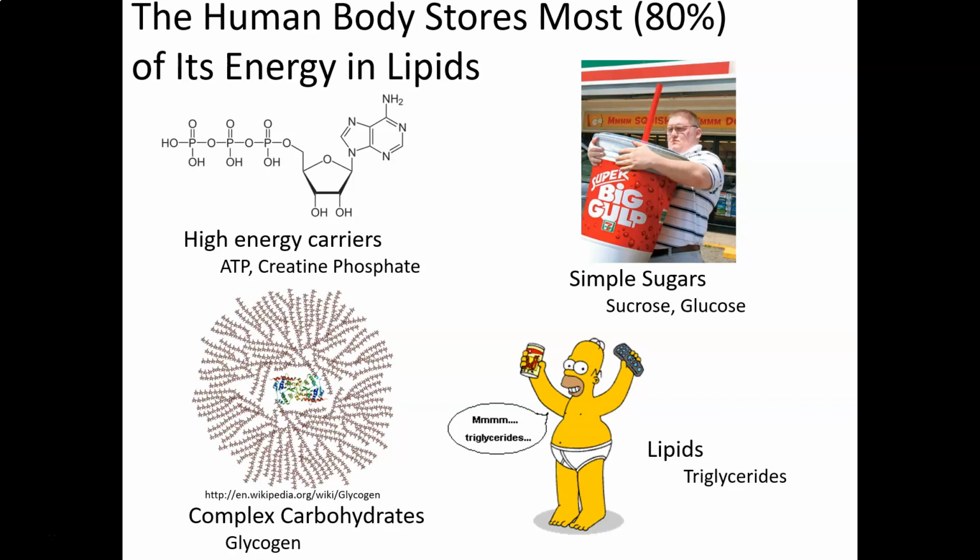So what we do is we store our energy as other molecules that we can fairly easily and quickly convert to ATP when we need it. So the number one source of energy, the most immediate source of energy, is ATP. But we only have enough ATP to do about 5, 6, no more than 10 seconds of exercise. The second source of ATP is creatine phosphate. And creatine phosphate is a useful molecule